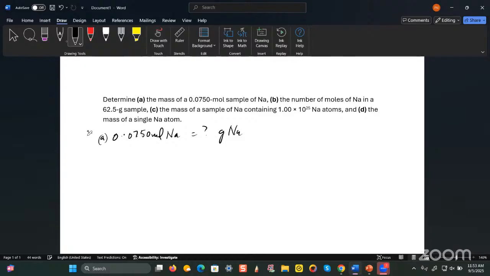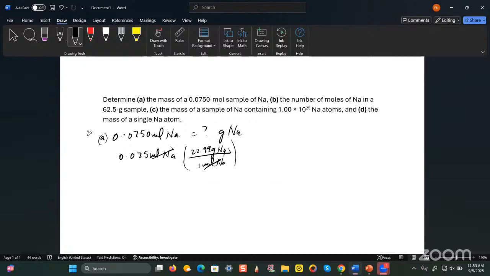All right? So let's start off with what we were given, 0.075 moles of sodium, and then we're going to multiply that by a conversion factor which allows us to convert from moles to grams, right? And we know the relationship between grams and moles would be the molar mass. So you go to the periodic table, you look at the molar mass of sodium, and you see that it's 22.99 grams per mole. And the way you represent that here is that you're going to put 22.99 grams over 1 mole of sodium,